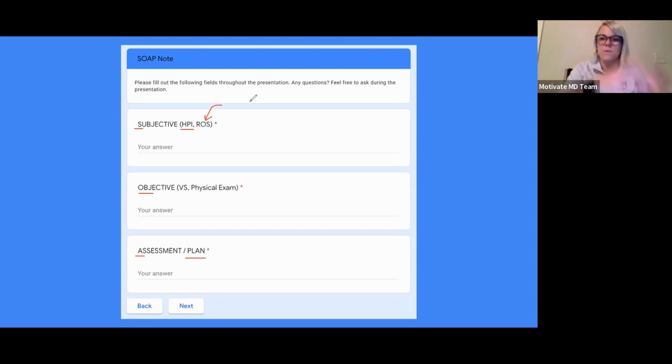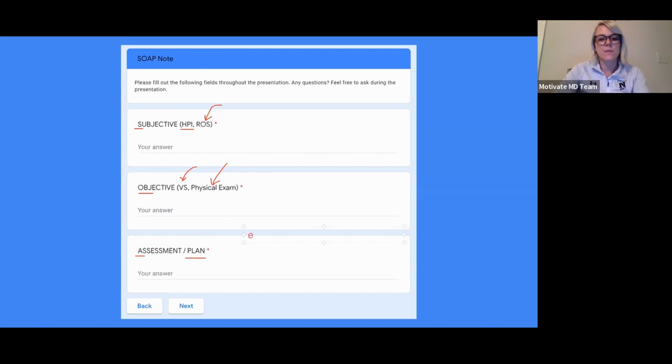So things that are pertinent positives and negatives relating to that chief complaint. Okay. Then the objective portion is things that we're going to find. So you're going to see in this case, I've created one case today as opposed to the multiple cases that I do some weeks. But the vital signs and physical exam. So these are things that we're finding, that we've produced, finding out about the patient. Then finally, we're going to get to the assessment and plan.